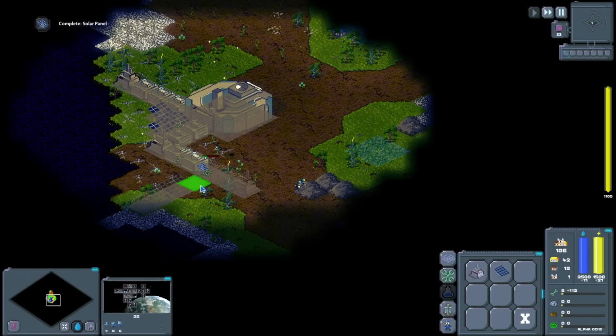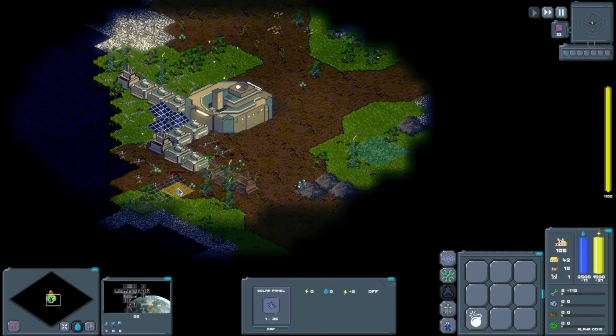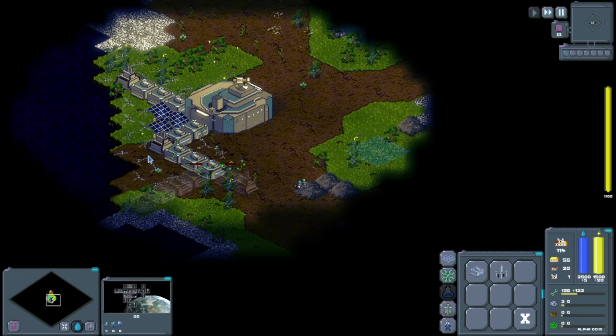I'm gonna need that mine. It's holding me back a bit. Oh, I can't do it. We need another hab. Not enough effort. 35. I guess here, if I blow this up, do I get the resources back? I do. Because those will connect, and those don't need the crystals. But yeah, this area, especially now that I know the water